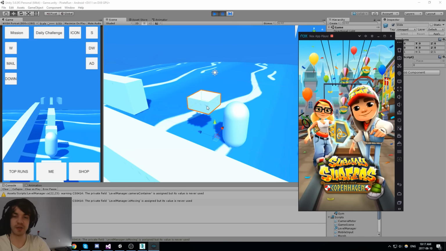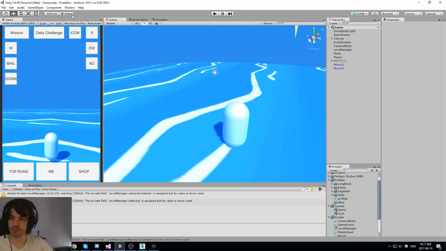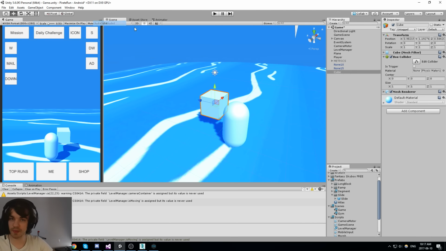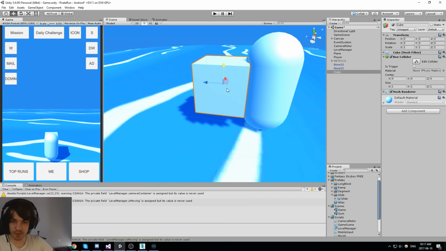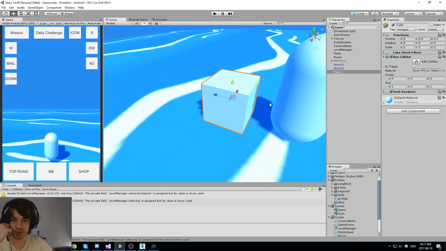So we'll also need those sliding assets, we'll need jumping over assets. These ones I don't have right now. I'll go ahead and make one real quick. Alright, so we have our cube. I have to make sure everything is really on point every time.